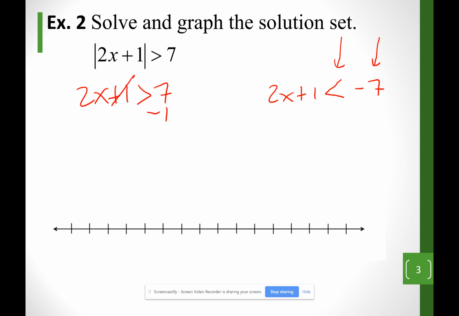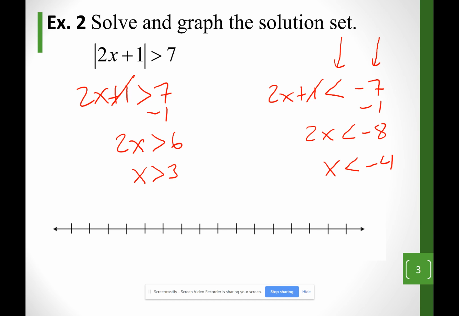Let me subtract 1 on this one. So 2x is greater than 6. Divide both sides by 2. X is greater than 3. Looking at this other one, let me subtract 1. So 2x is less than negative 8. Divide both sides by 2. X is less than negative 4. So I find my numbers 3